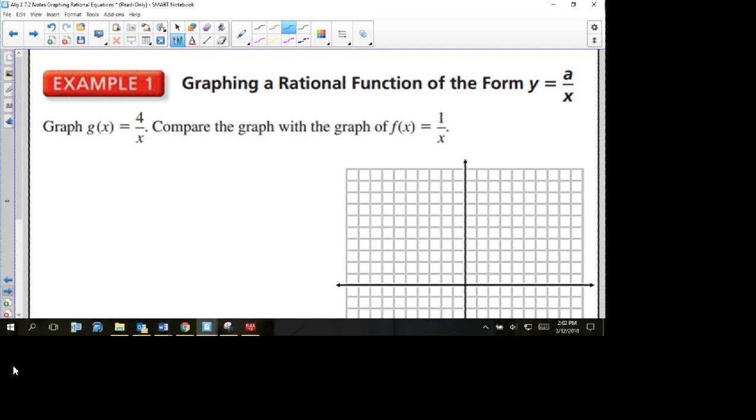Alright. We're going to graph g of x equals 4 over x, and then we're going to talk about how that compares to 1 over x, which 1 over x is a parent function. But I'll talk to you about how it compares. Just looking at the two equations, if I have 4 over x, or I have 1 over x,